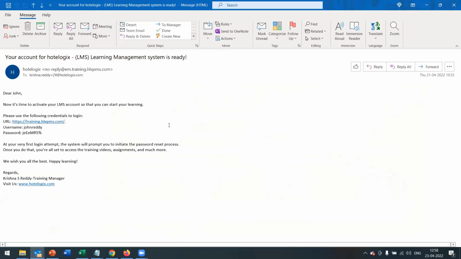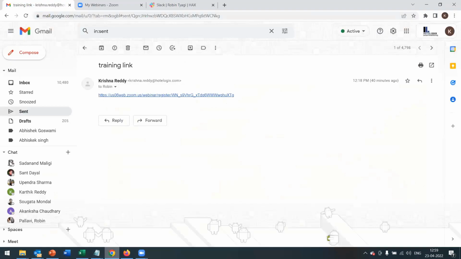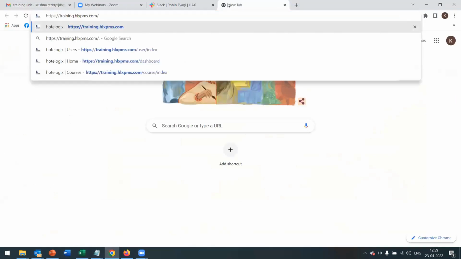Now, this is the email that you would have received. It's an automated email with the subject "Your account for Hotologics LMS is ready." You'll have your name here, and you can see the URL, the username, and the password. The first thing you have to do to log into your LMS is take this URL and just open the browser